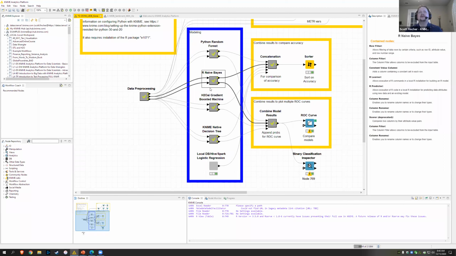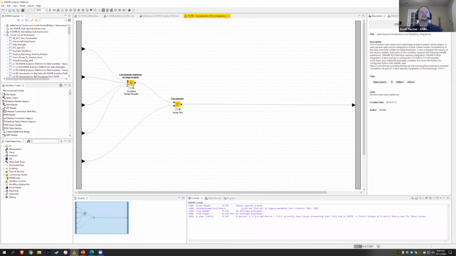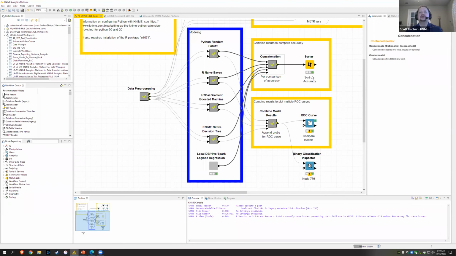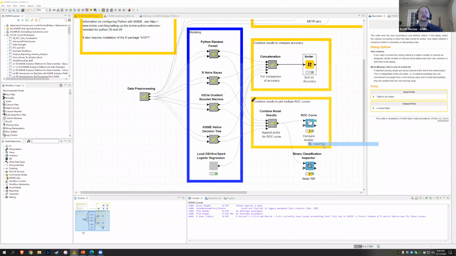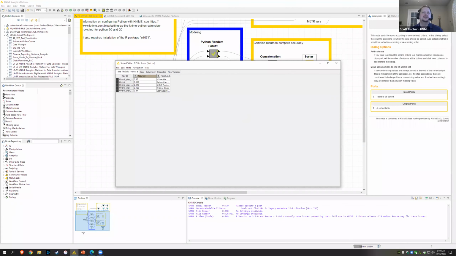So what do we have here? We have all of these different models. We have accuracies that we've now got from all of them. I basically concatenate everything together here. And then we have, for example, this little table that says how well we are doing just based on accuracy. Turns out that the H2O gradient boosted machine has an accuracy of 0.97. And then we're sorting descending here. So the next best performer was the random forest, then the decision tree, all the way down to logistic regression